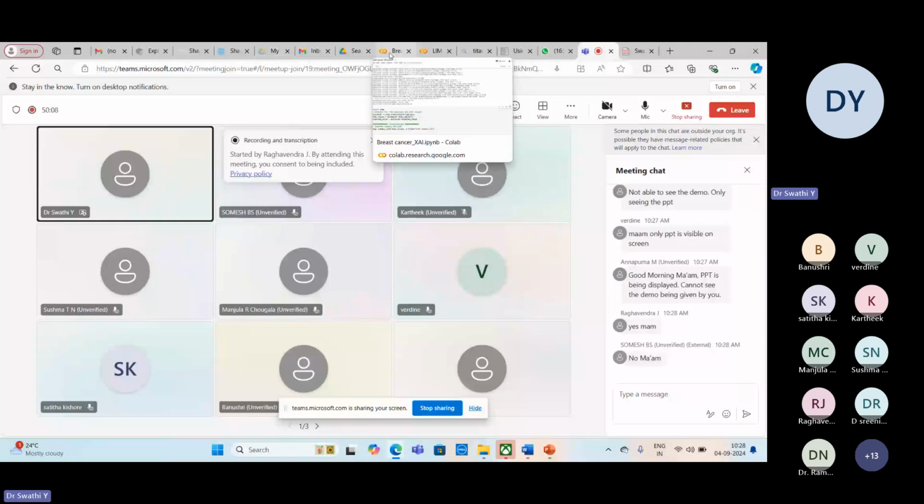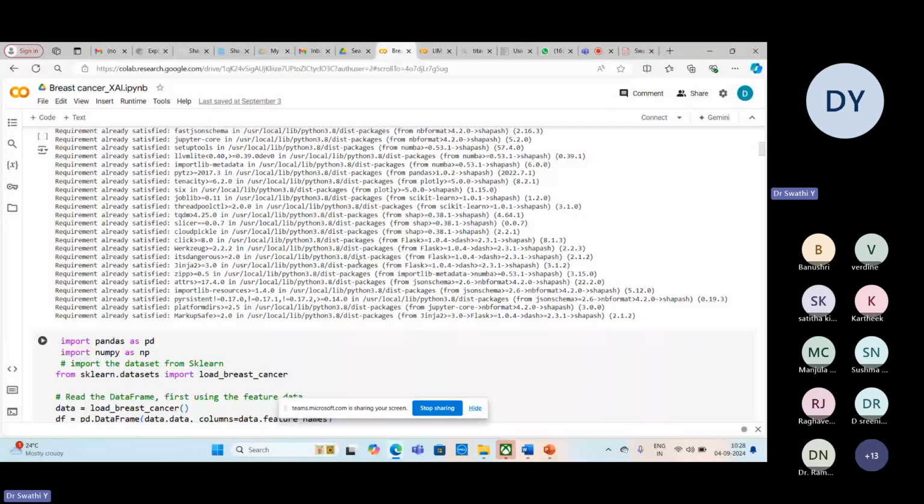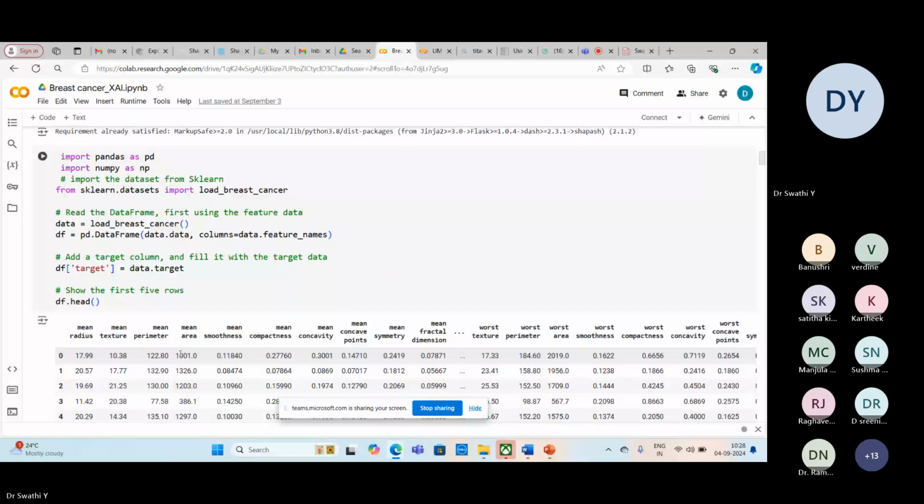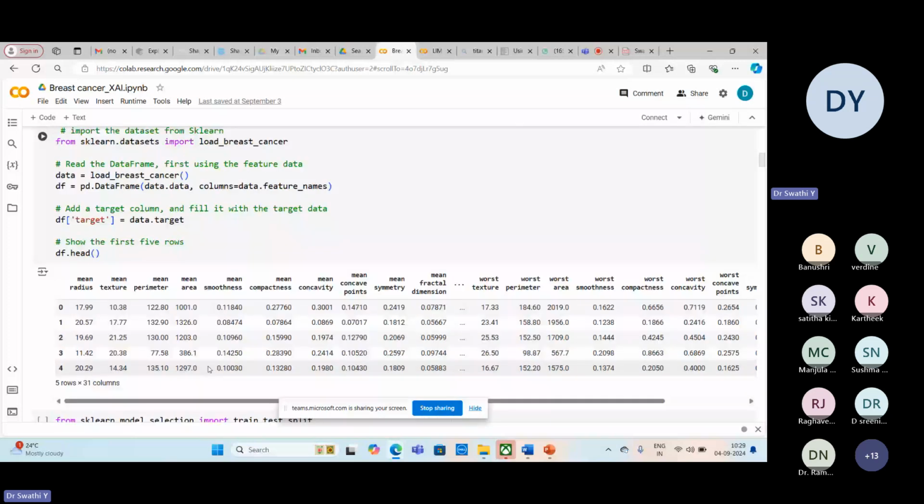Okay, so here what I've done is I've taken the data set. The data set I've taken is the breast cancer data set, directly downloaded from Kaggle. All these are the basic things we do with respect to machine learning: pre-processing, training the data, dividing the data into training and testing, and then applying the machine learning algorithm. So all these are common here also.